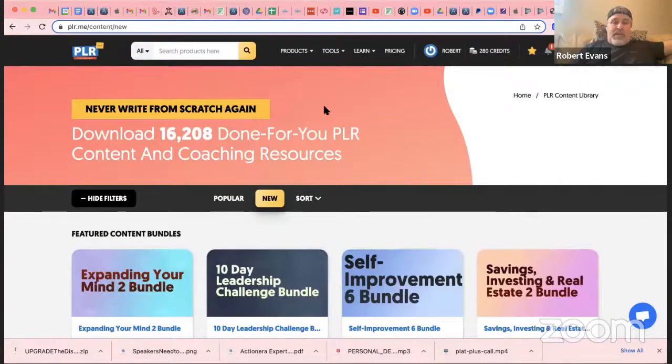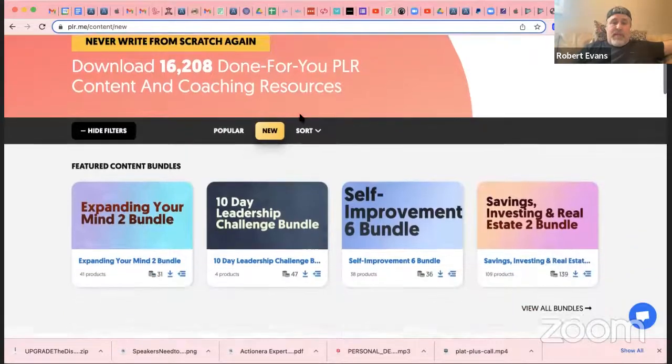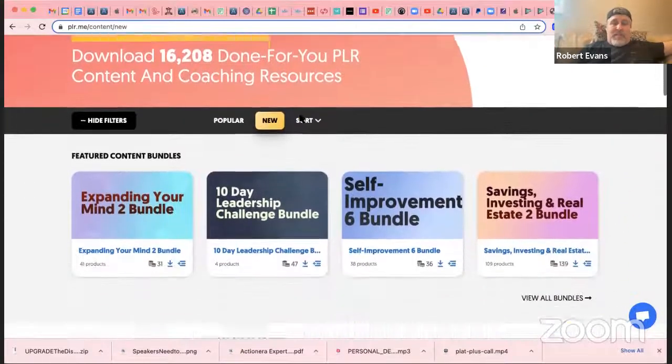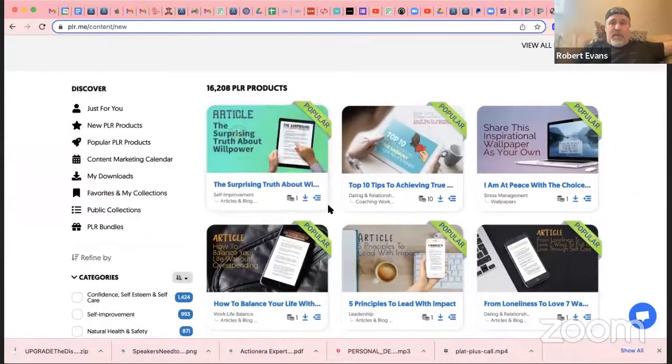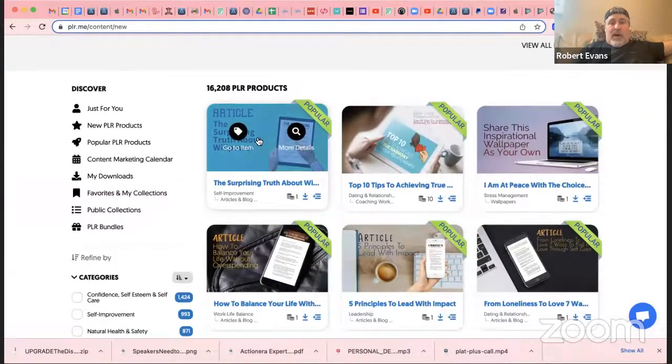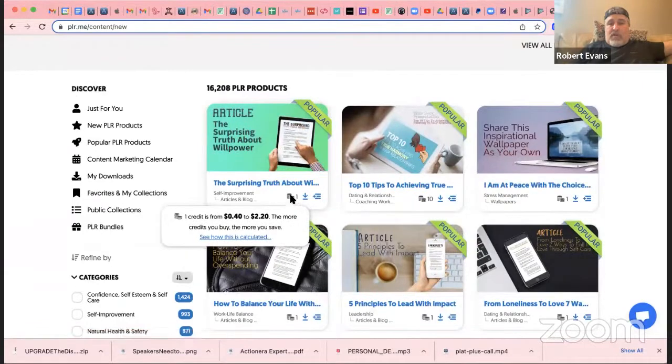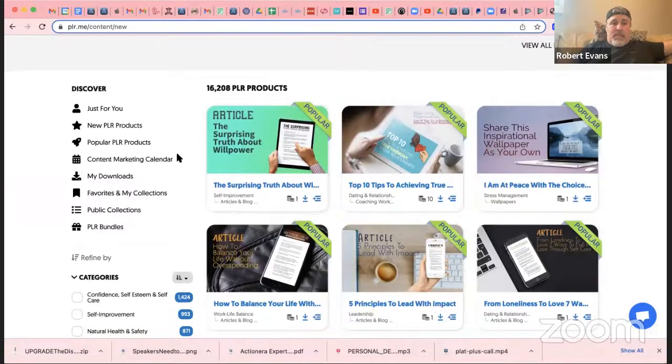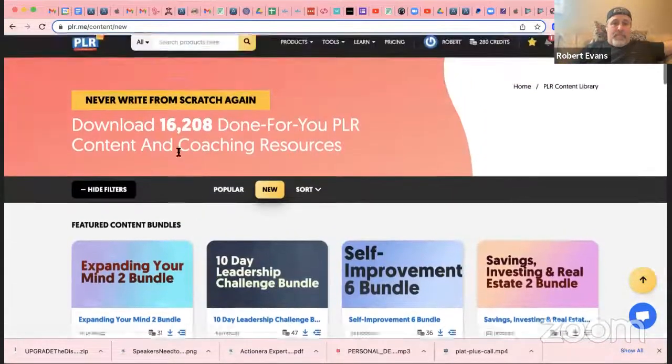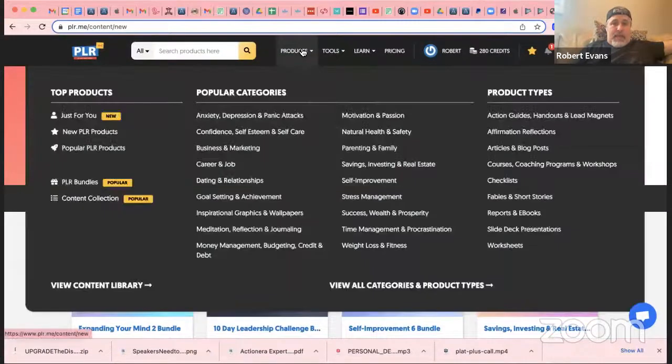So you can actually buy, and basically you buy credits. So we have like 280 credits here. Some of it we bought and some of it we got from referring people. But if you want a particular article, it'll cost you 1 credit, right? If you wanted an ebook, let me go to the ebooks here.